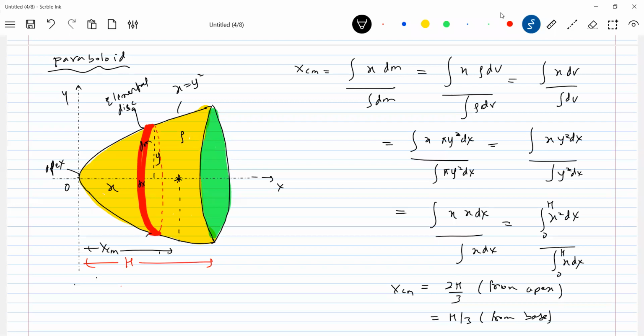Even that rho can be variable. Even the density of that can increase along the x-axis. If density is variable, what you're going to do? You're going to bring changes here. If density increases along the x-axis, rho equal to rho naught x square, substitute that rho equal to rho naught x square here and work out the problem. It's not that uniform density should be the material. It can be non-uniform also, and we can manage by this method.